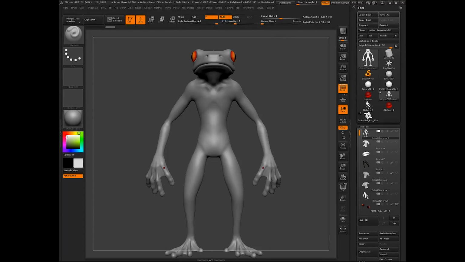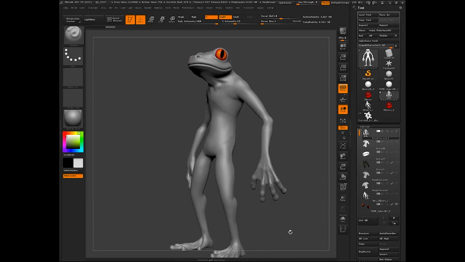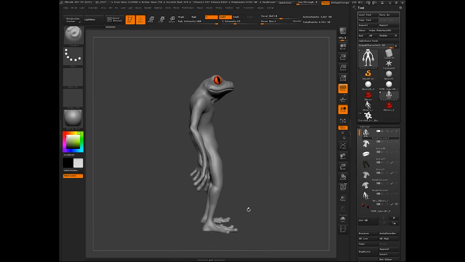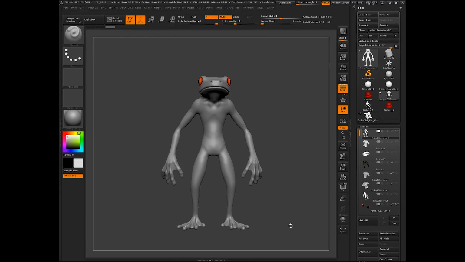Today I'm going to show you guys how to do some retopology in ZBrush and how to use PolyPaint to kind of plan out all of your topological groups and all of your edge loops and everything like that. So this is a frog character that I've been working on. I spent a little bit of time on him, not that much, but he's a Gripply from the Pathfinder RPG series. So we're going to go ahead and get started.